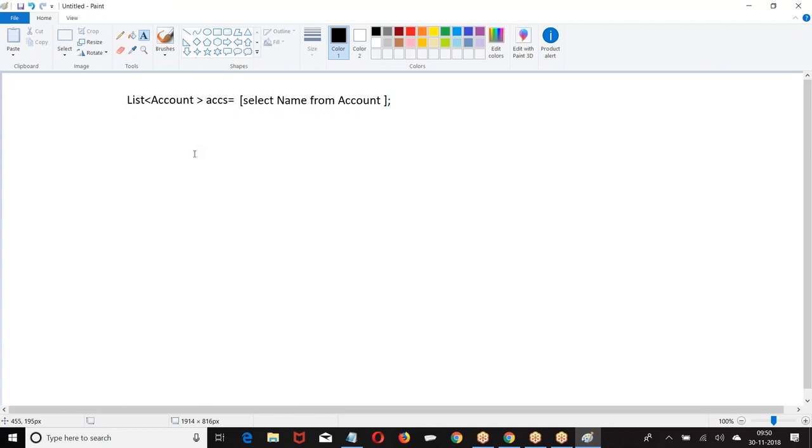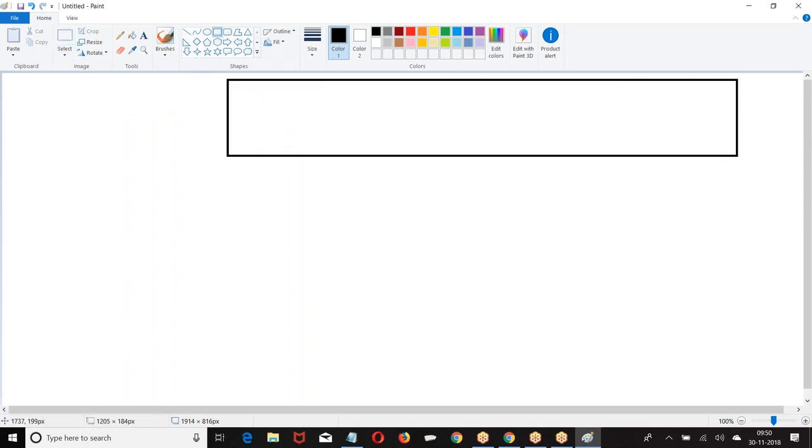Are you clear about this context? When you are trying to refer to the existing record, no need to use the keyword new. If you are trying to create a new record, we are supposed to use the keyword new. The new keyword is used to allocate new memory. If you are referring to the existing data, no need of using the keyword new. I hope you are good with this. Okay. Now, understand why we are discussing this point. Try to understand my point. So look at this.